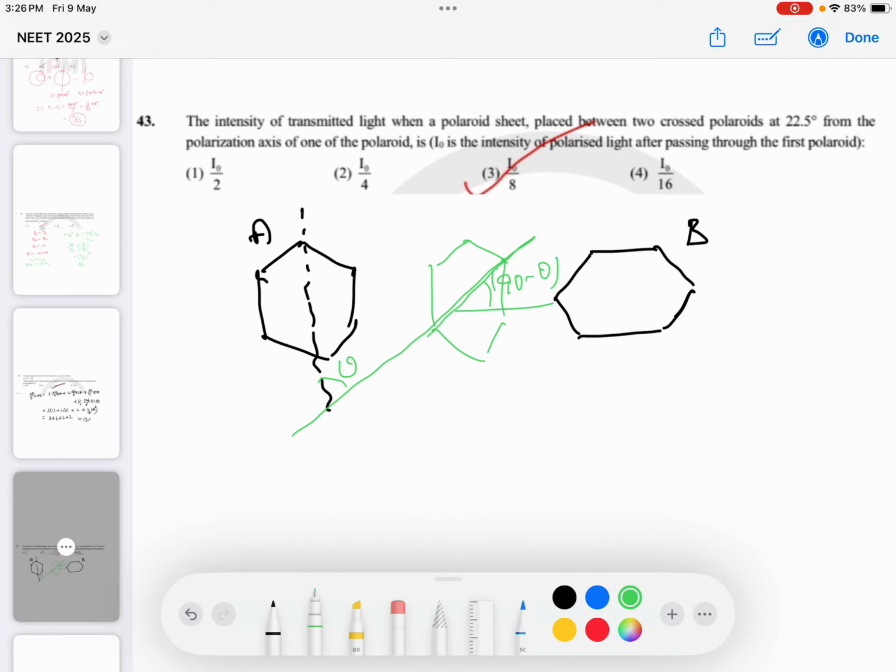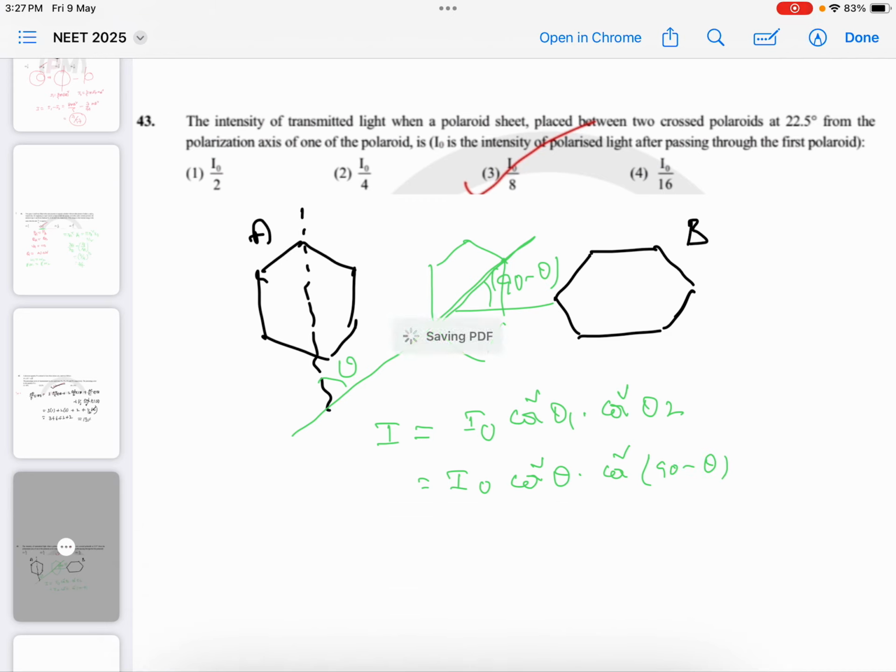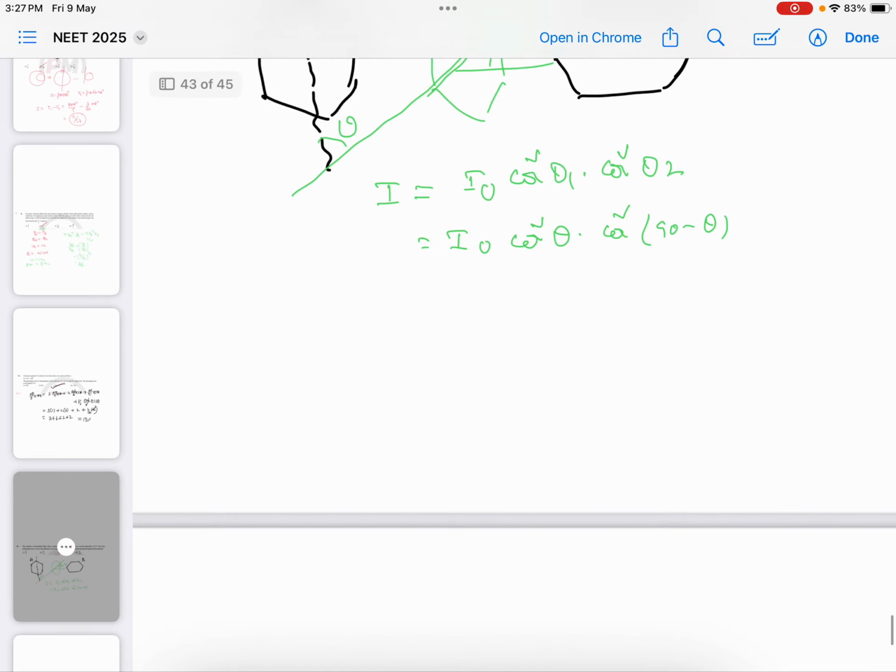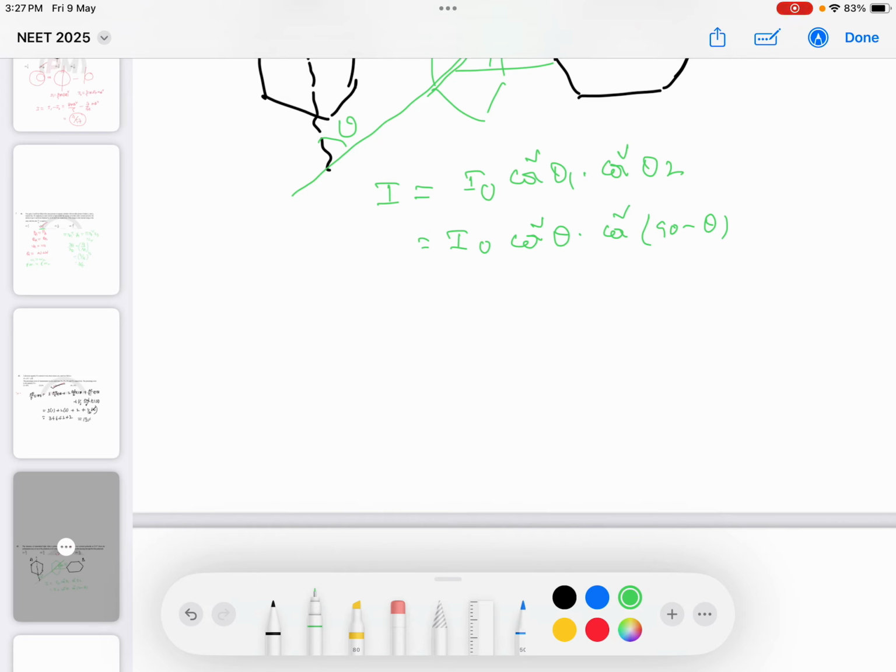So intensity is I0 into cos square theta 1 into cos square theta 2, which is equal to I0 into cos square theta into cos square 90 minus theta. Cos square 90 minus theta is nothing but sin square theta. So which can be written as